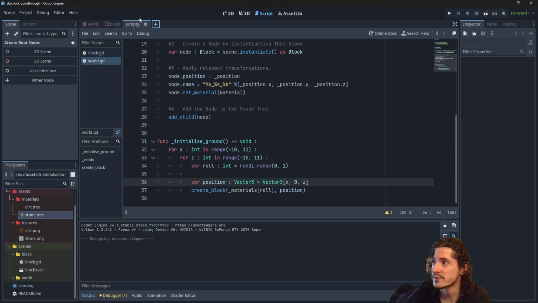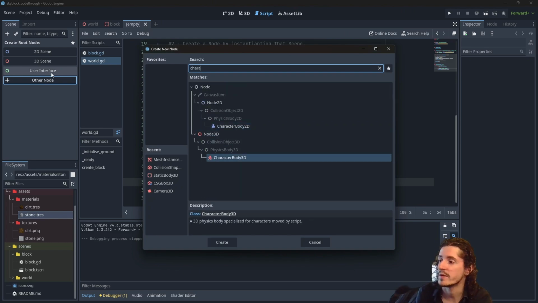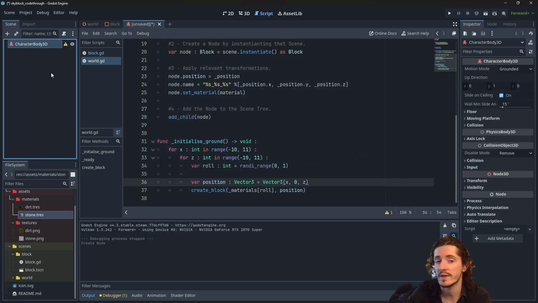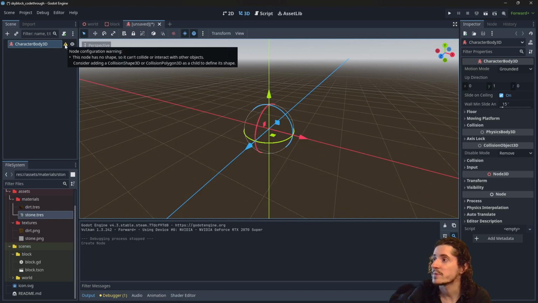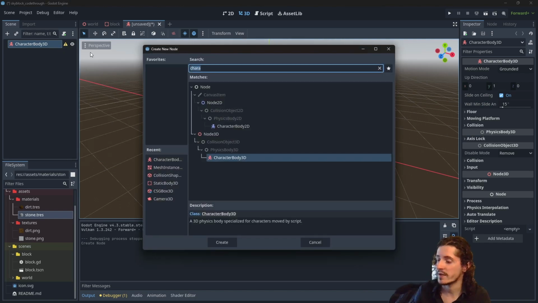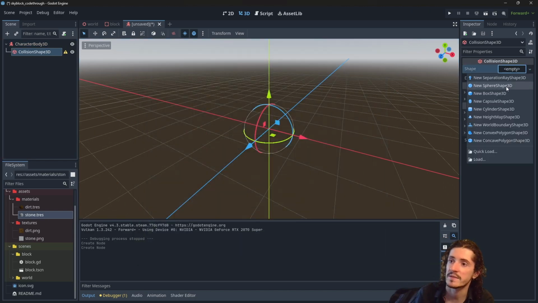So let's create a new scene, which is going to be a character body 3D. It is a 3D physics body specialized for characters moved by script. This is what we're doing. We are moving the character with the script by pressing some keys. So we do need to create a collision, I believe. This node has no shape, so it can't collide or interact with other objects. Exactly. So we're going to add a collision object, collision shape, which will be a simple